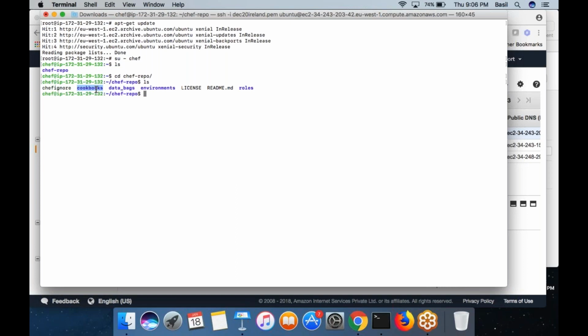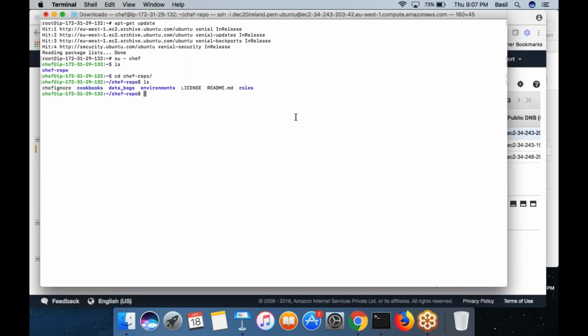The first thing I want to do is create a set of recipes, and then assign these recipes on the node. I have the web001 machine. My intention is first to create a recipe that contains a number of resources. One resource for installing Nginx. Nginx is a similar web server as Apache, or I can use Apache also. I thought we would use Nginx since you already learned Apache. It doesn't really matter, you can do anything with Chef.